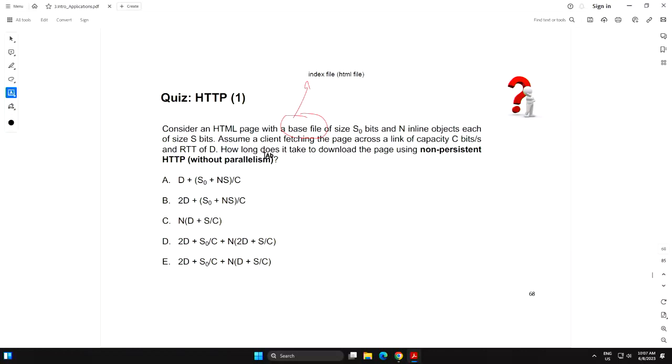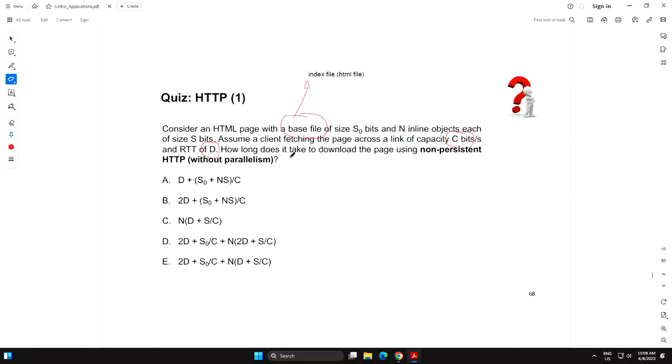Now the browser, the client, is fetching the page over a link which has a capacity of C bits per second, right? So there are lots of numbers here, C bits per second. That's the capacity of the line. And the round trip time for this particular client and server is D seconds. Okay.